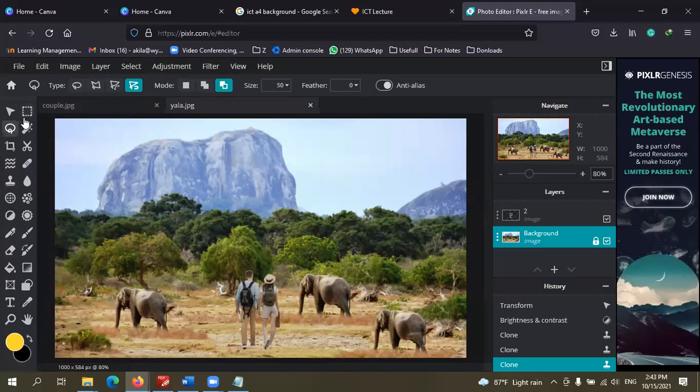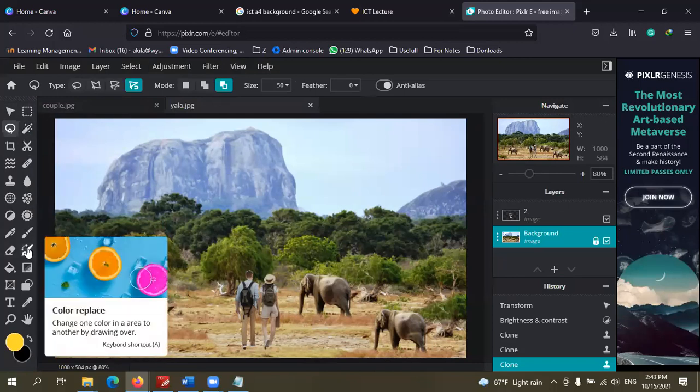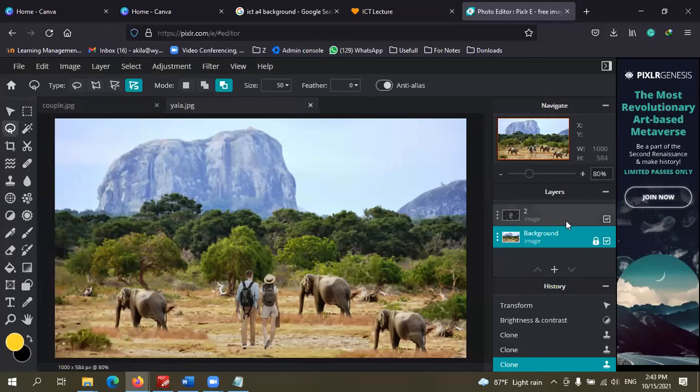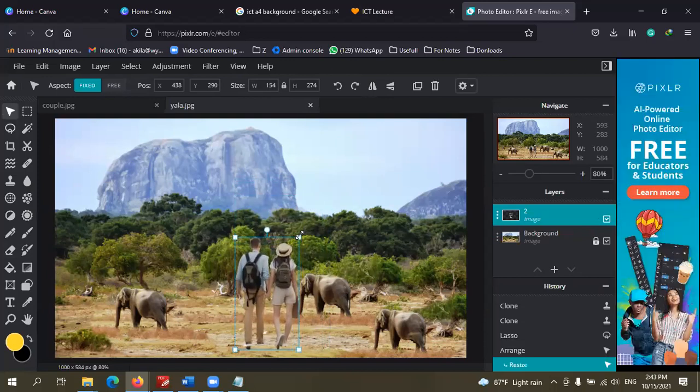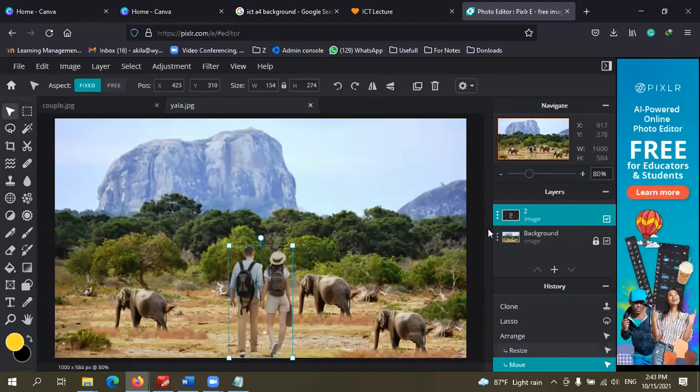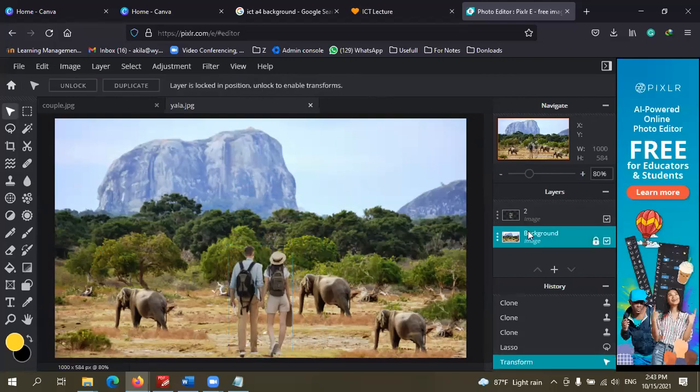So what you have to do, I'm not going to explain every tool now. So important things are always when you go to edit. So if I need to edit this image, the couple's image, then I have to select the layer here, right? Click the layer and then only I can select that. Sorry. Then only I can make editing. Right, children. So that is about editing images.